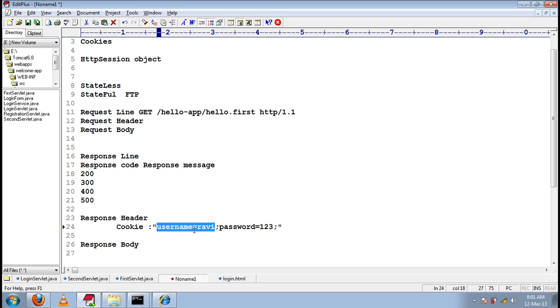Header name will be cookie, header value will be information of all cookies, as key value pairs: key 1 equal to value 1, key 2 equal to value 2, key 3 equal to value 3. And those key value pairs will be delimited using semicolon.